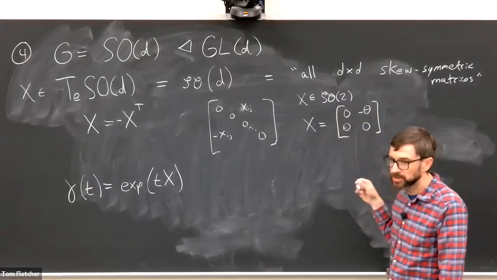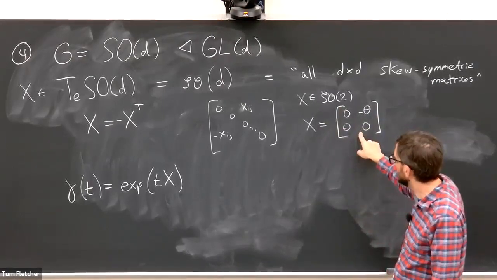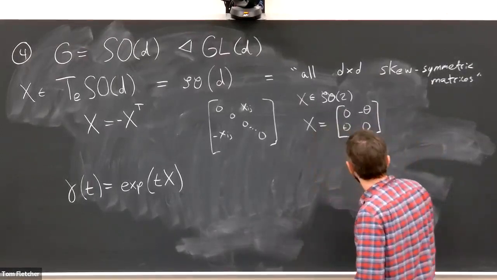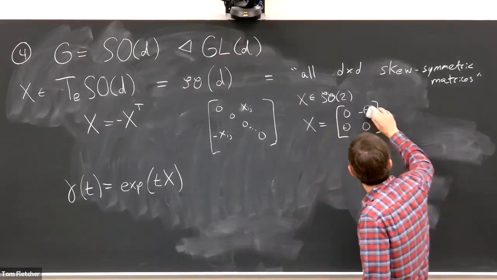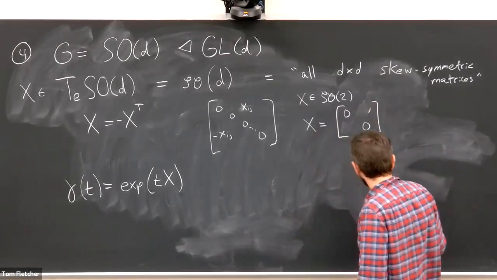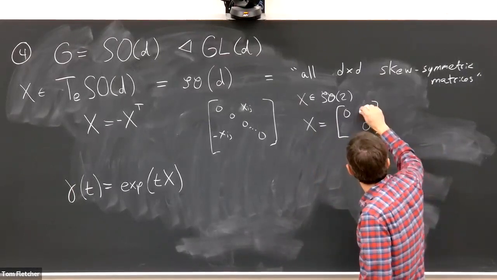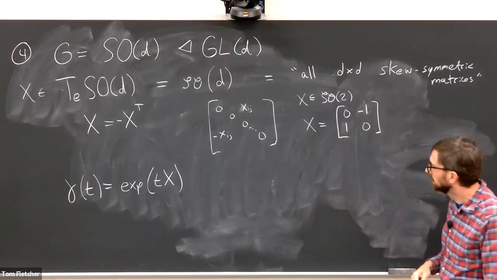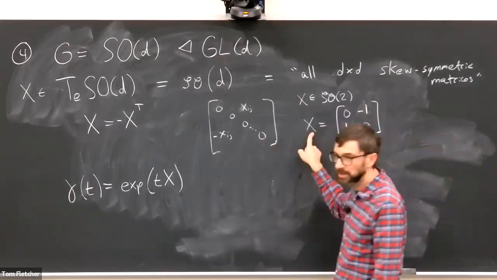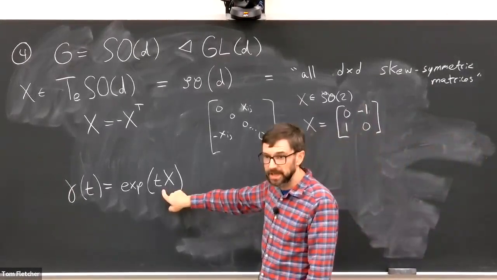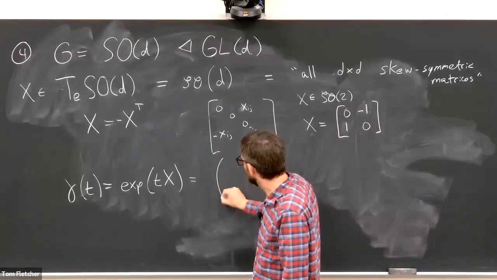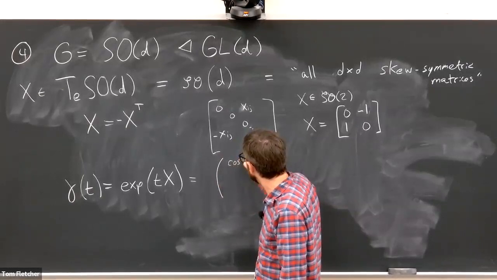If I take this two-dimensional matrix, 2 by 2 matrix, I should say, and exponentiate it, I get the one parameter subgroup. Let me make this a little bit even more simplistic. Let's just make this minus 1, 1. I'll just see in a minute why I'm doing that. If I do that for this particular X, I do this matrix exponential, and you can verify this. It simplifies to